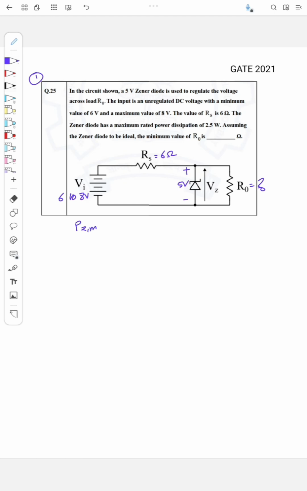So Pz max, which is the power dissipation across the Zener, is maximum 2.5 watt. So we know this is equal to the Zener voltage Vz into the maximum current which flows through Zener, that is Iz max, right? So which is equal to 5 into Iz max. So from here the Iz maximum current which can flow through the Zener is 2.5 by 5, that is 0.5 ampere. Okay, which means